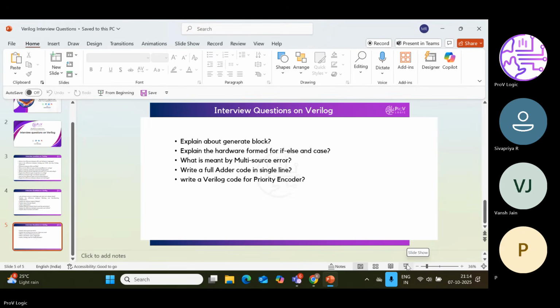For example, if you have two always blocks assigning different values to the same variable at the same time, or you are assigning in the module to the same variable with different values, you will get that error. That means at a time you are trying to give different values to the same variable.